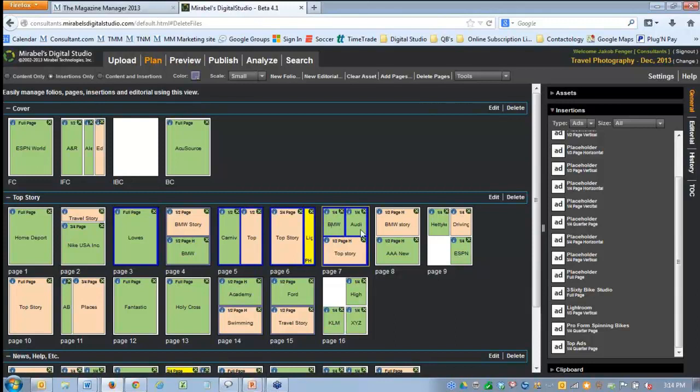Now to come back up here to the ads, we can see now BMW and Audi is right next to each other. I know for a fact that this is probably not something that they're going to want. They don't want to advertise right next to each other. So in this case here, I can simply just grab one of these and I'll just put it on the